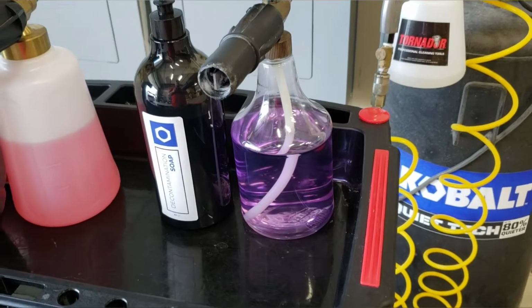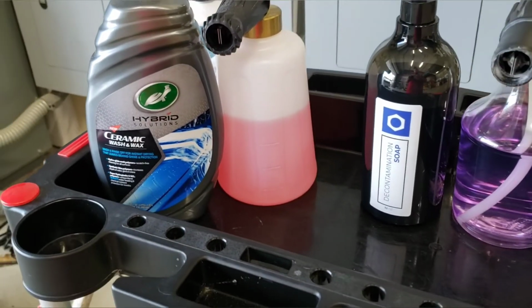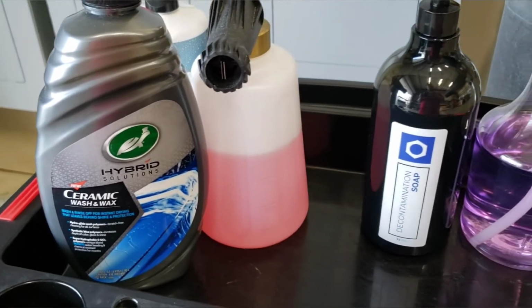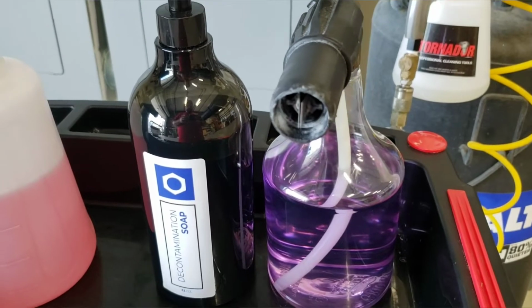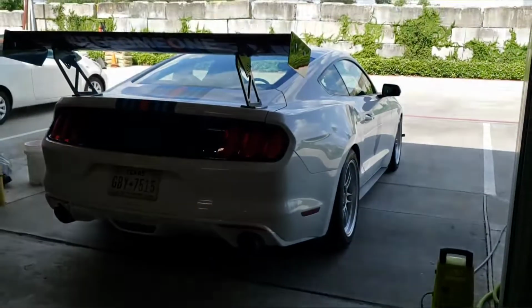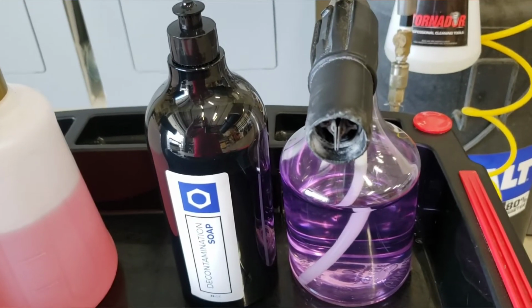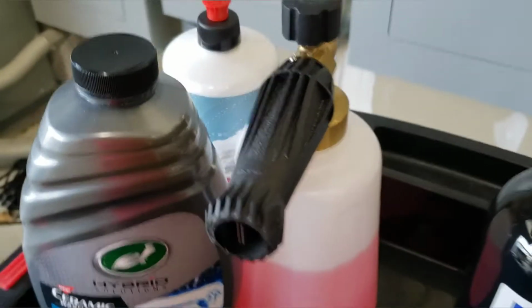It is time to start testing consumer level ceramic products. Today's test is for the Turtle Wax Hybrid Solution Ceramic Wash and Wax. We're going to start with Obsessed Garage Decon Soap on the car for today. That's going to be the wash, so that'll be the mitt. That'll be everything. We're going to follow that up with some